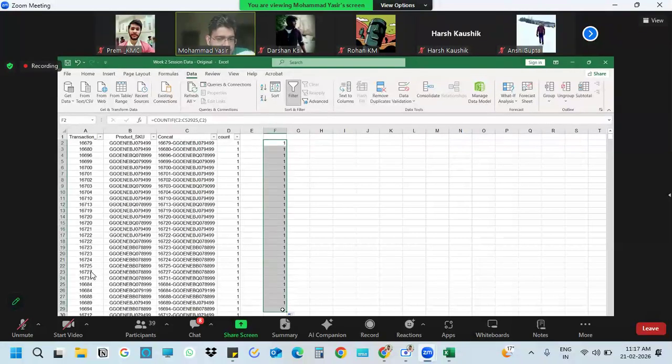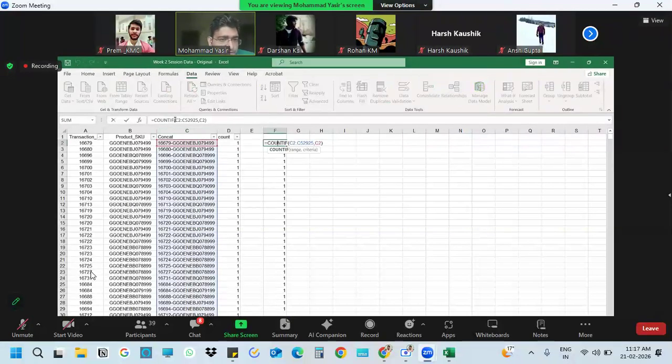But when I'm dragging the value down, there is one thing I need to be very sure of. Look at this. COUNTIF, this is the range I want to count in, and this is the value I want to check.